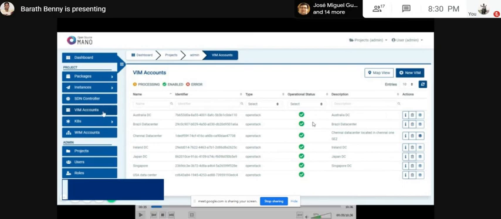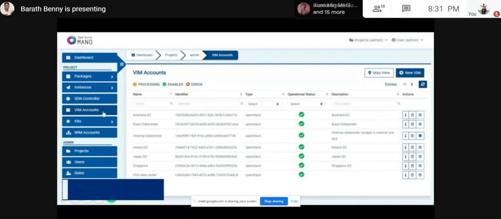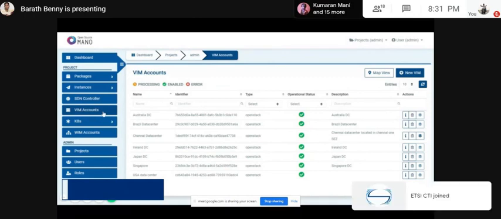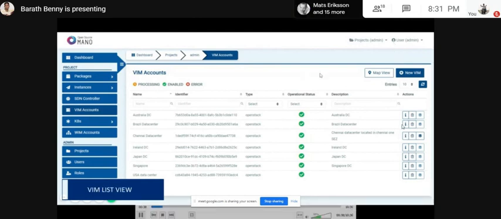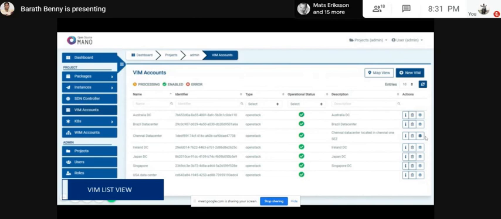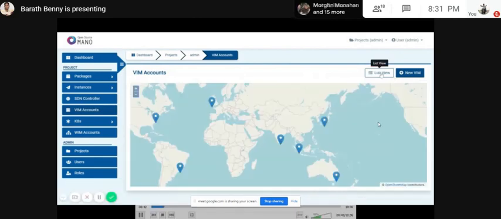The icon represents the operation status, or it can be a configuration status, whether it is in progress, enabled or in an error state. Instead of showing the text, we highlight it so the user can easily understand the operation status for the current VIM accounts, or for instances, or in the SDN controller configurations.